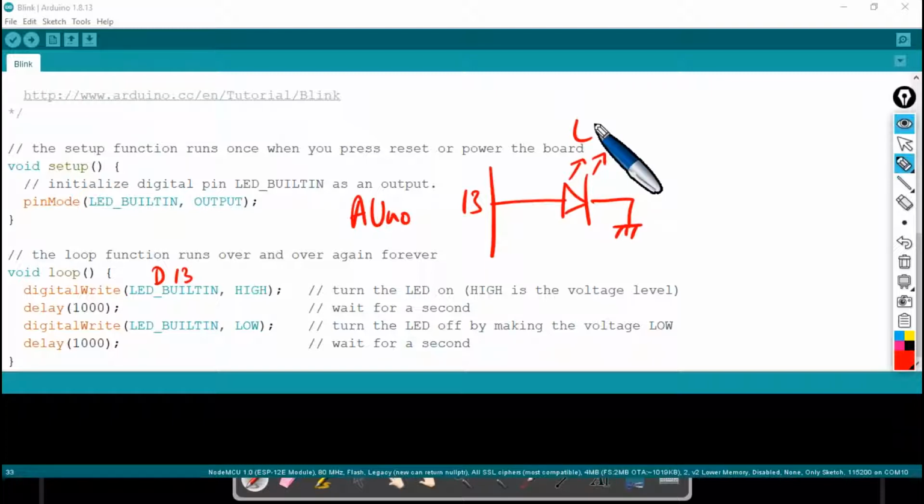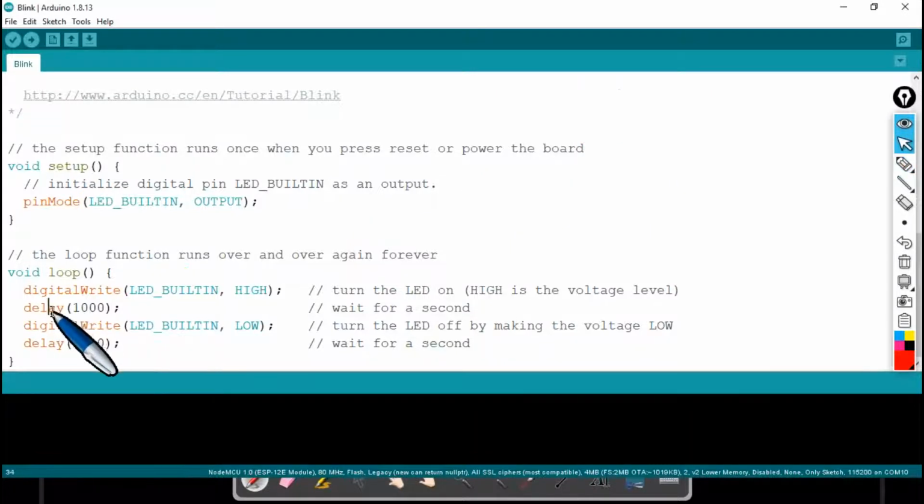We continuously change this pin number 13 value, from HIGH to LOW, and again from LOW to HIGH, continuously.